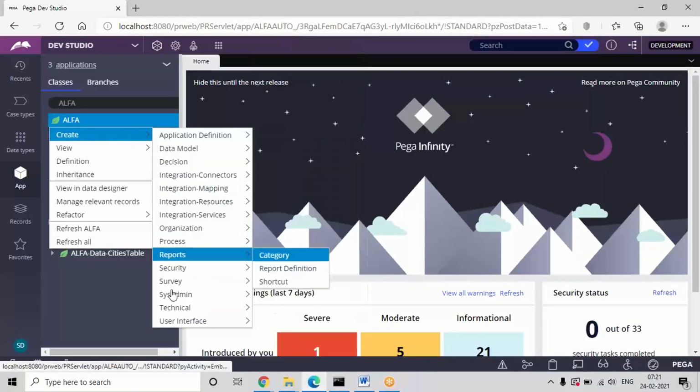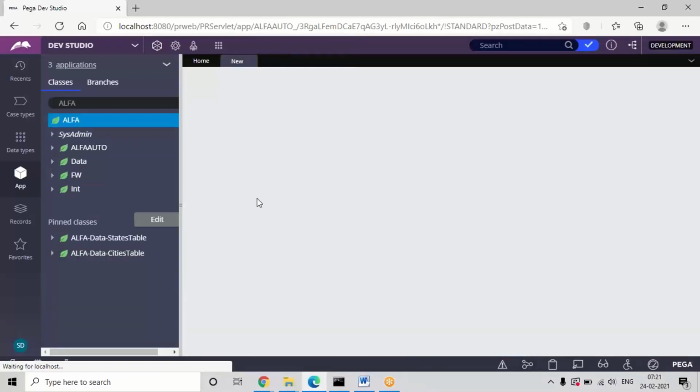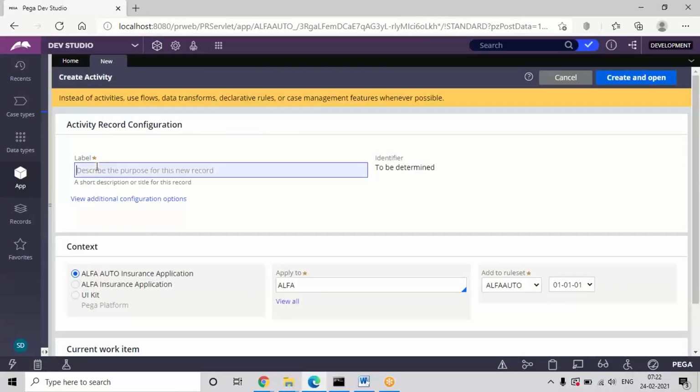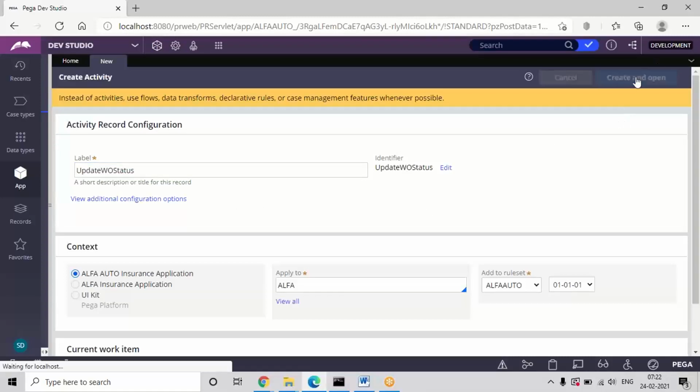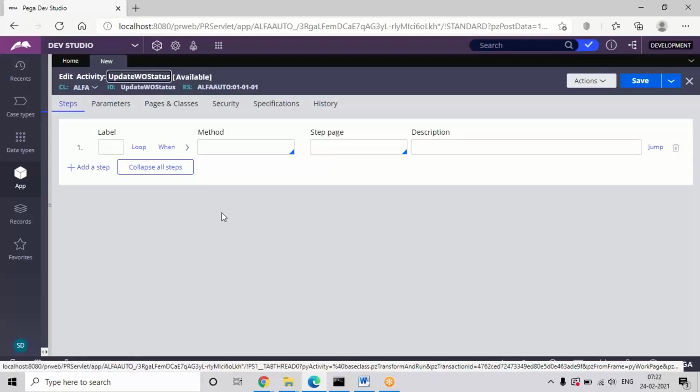So open activity and give a name. Here we are compulsorily going to use parameters, because this will work for any status given. We are not hard coding any values, we are just using parameters.